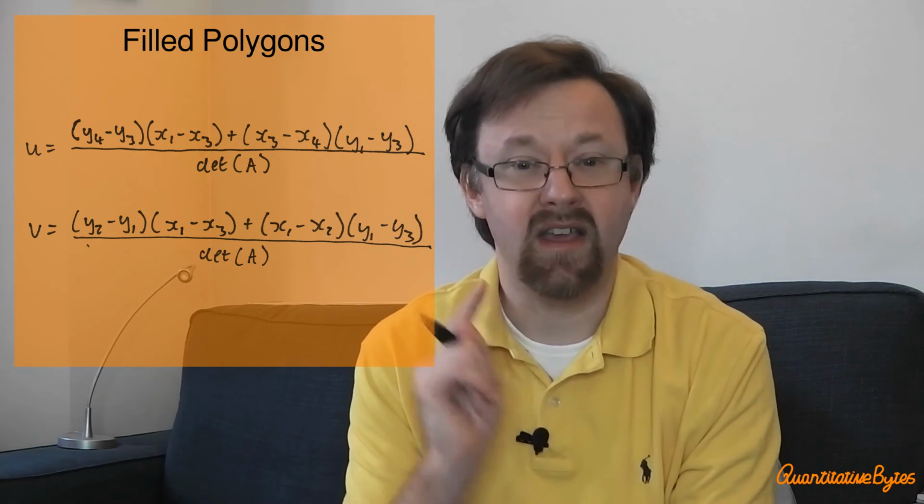So the basic process is one of simply looping through every pixel in our bounding box, and for every pixel in the bounding box we cast a line from that position out horizontally to the edge of the bounding box, and then we check that line for intersections with every edge of our polygon, and we count how many intersections there are. If that number of intersections is even, then we know that the point must be outside the polygon. If the number of intersections is odd, then we know that we must be inside the polygon, and then we render a point accordingly. Okay, so let's go back to the computer and let's have a look what that looks like in code.